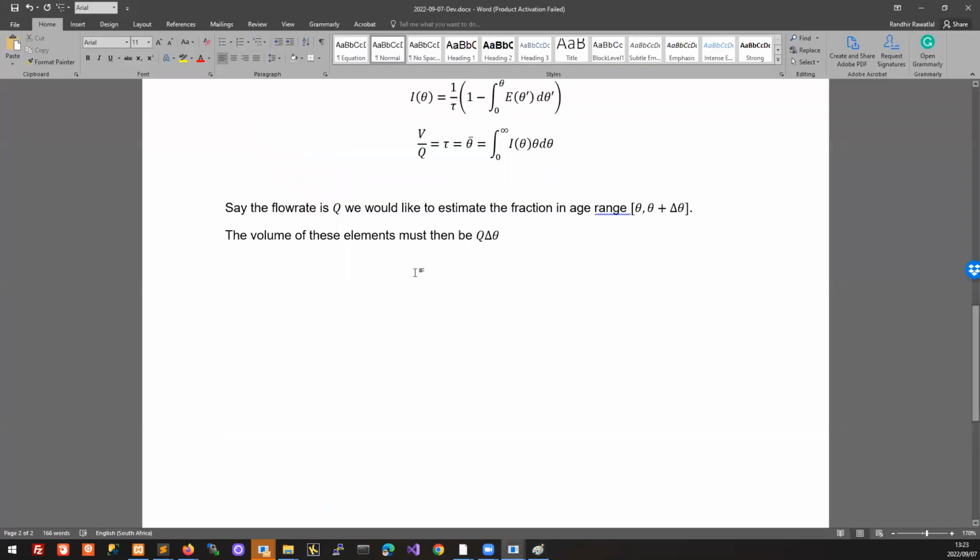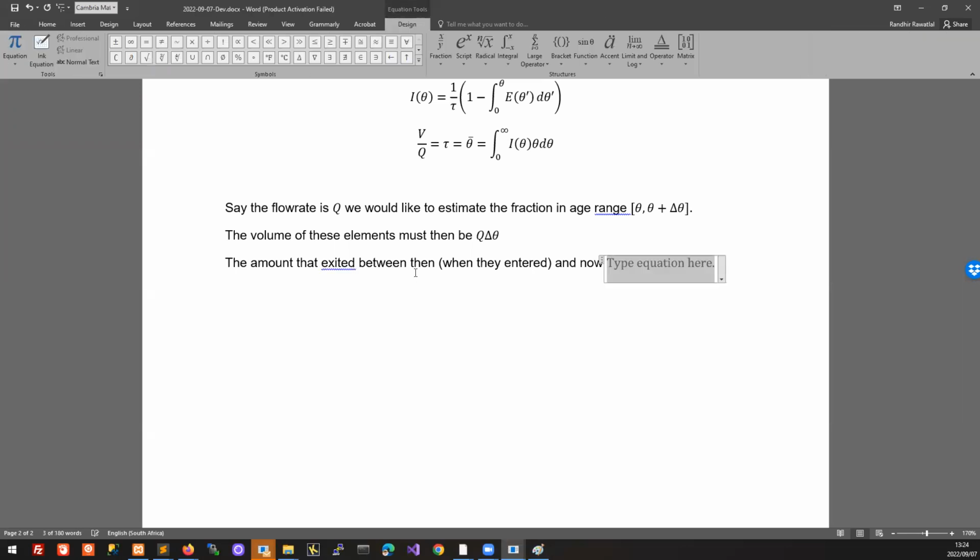So the amount that exited between then and now, then being when they entered, we can estimate, since we have an RTD,